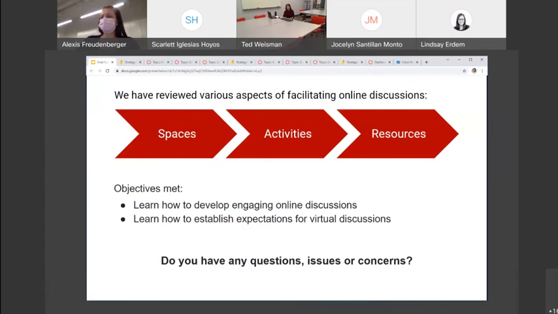But the key is, I think the more engaged we are as instructors in our classes, the more contact we have with our students, the more engaged they're going to be, right? No matter what, across the board, that is folks' number one priority and number one concern. Often it is, I want to make sure my students are engaged. I want to make sure we create opportunities for engagement.